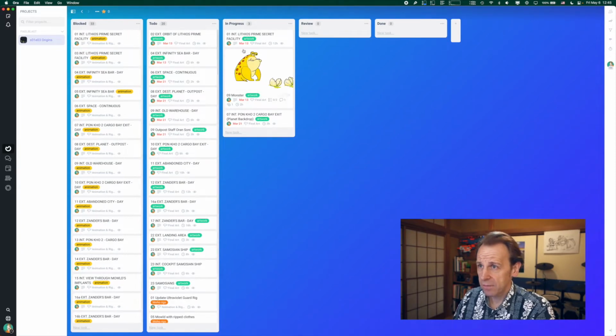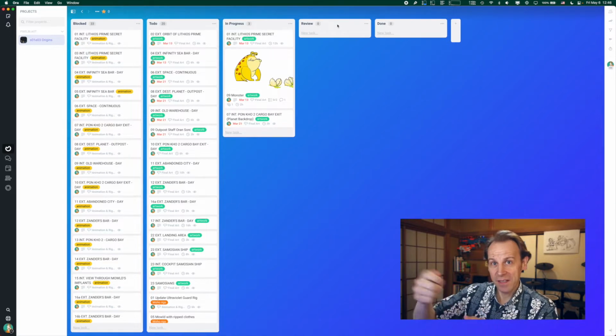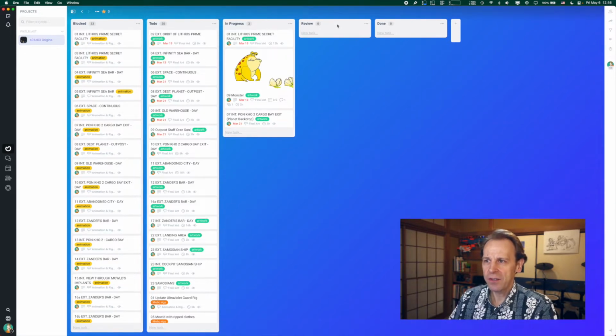So you've got these columns which actually jot out the state of things. So if it's blocked, it means I can't work on it because something else first needs to be done. There is a to-do one, which basically means, well, damn it, do it. In progress means I'm working on this right now. And review, I'm reviewing myself, but I still put all this stuff in review because I usually, once it's done,